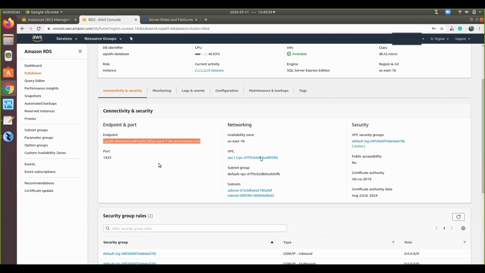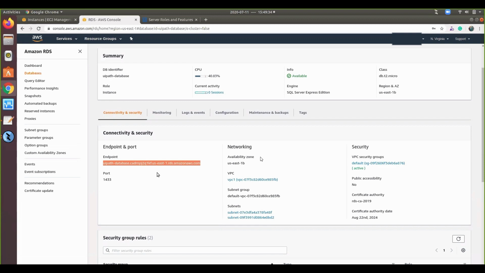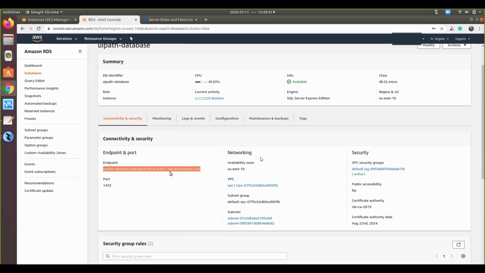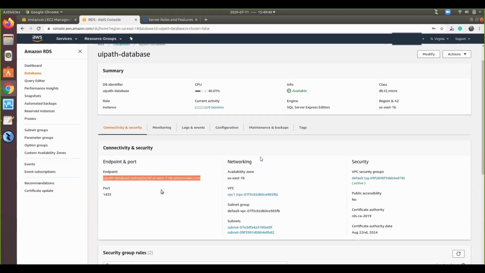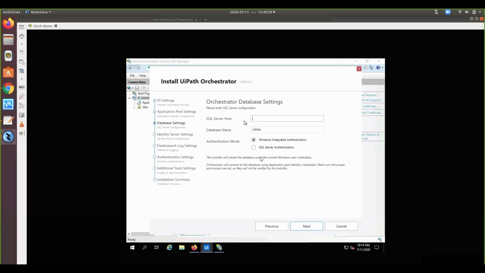Since we have the database in AWS, we got this kind of endpoint. You can also consider this as on-prem, because we went to a virtual machine in the AWS cloud. The endpoint might look different, but the endpoint concept is the same wherever we go, whether it is on-prem, cloud, Azure App Service or AWS App Service. So just paste it.